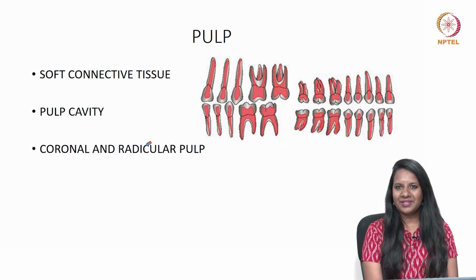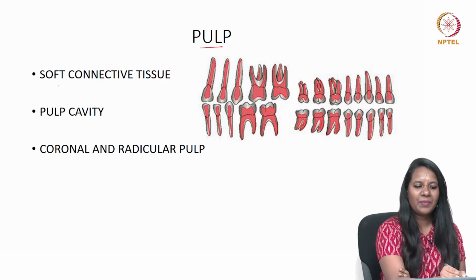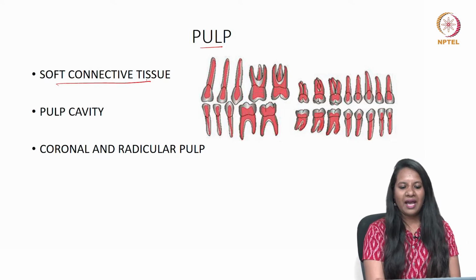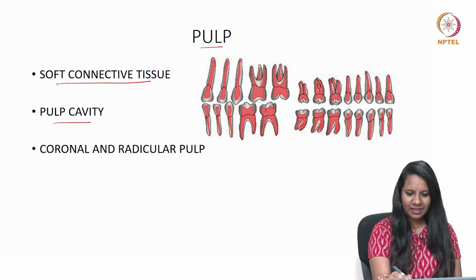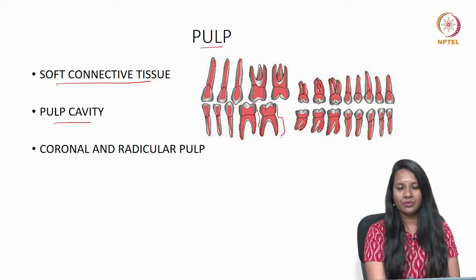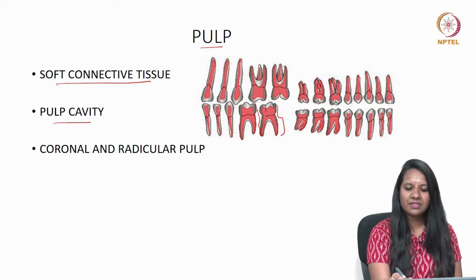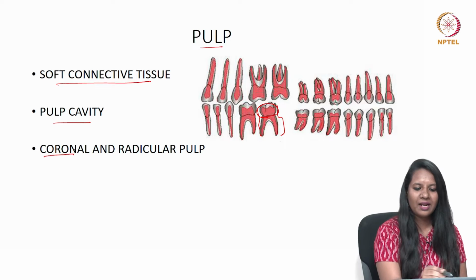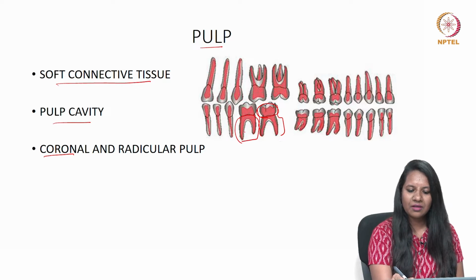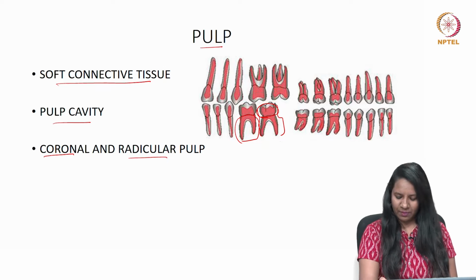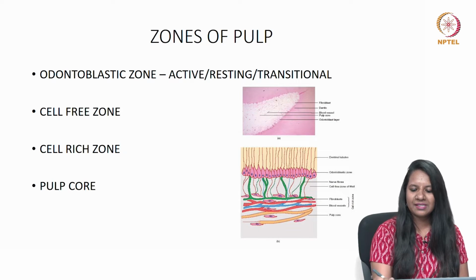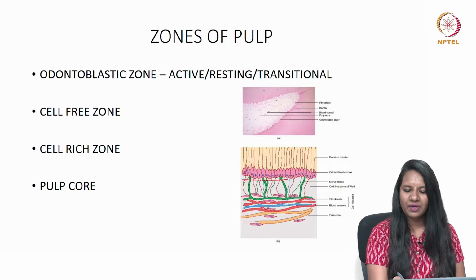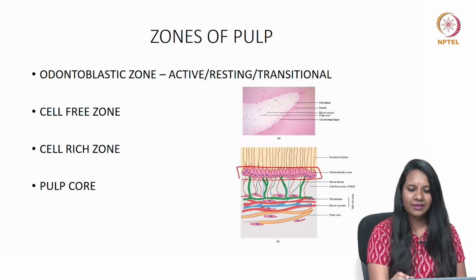So moving to the next structure of tooth, that is pulp. Pulp is a soft connective tissue and it is present within the pulp cavity. That is, the rigid confinement of pulp within the hard structure makes the tissue very unique. The one which is present in the crown area is known as coronal, and the one which is present in the root is known as radicular pulp. The zones of pulp involve odontoblastic zone, where the odontoblasts were arranged in a palisading fashion,